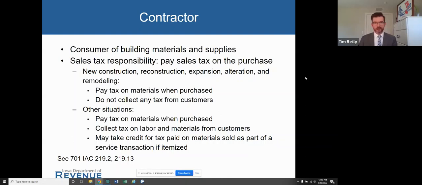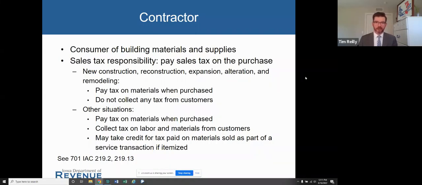In situations that are not new construction, reconstruction, expansion, alteration, remodeling, so generally referred to as repairs, again, the contractor has to pay sales tax when they make those purchases. They should be collecting sales tax when they make their sale to the sponsor, both on any taxable labor that's provided and for the materials.